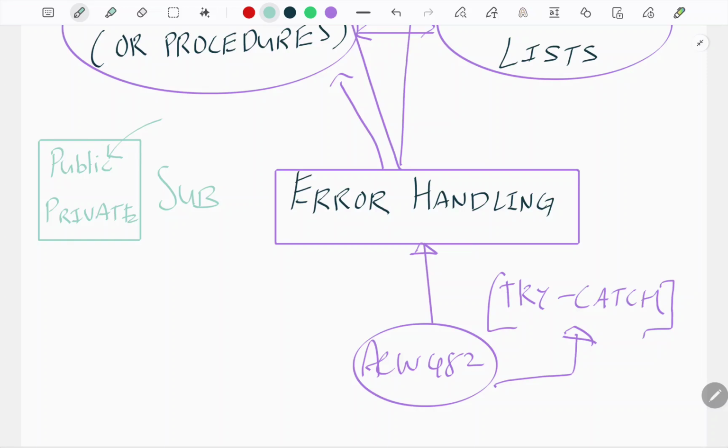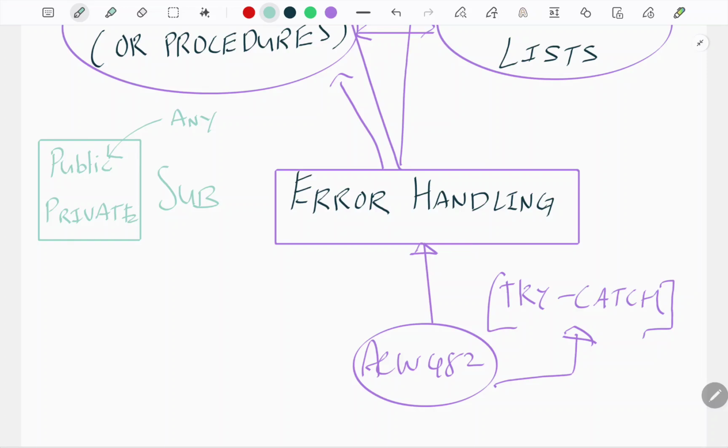If we talk about Microsoft Access, we allow any form to access. It means this code that you write, if you write it under public sub, it allows any